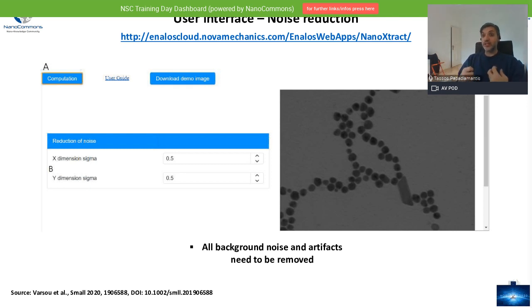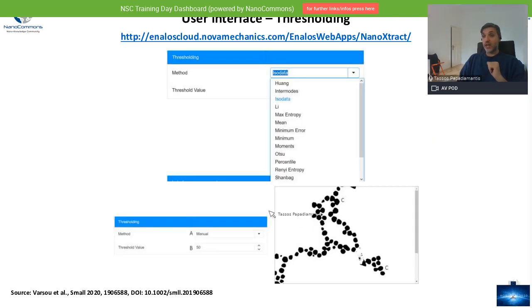analysis. You can see whether you have done a good blurring or you need a better blurring as you move further down the tool, and especially in the next step, which is the thresholding and inversion, in which case you need to have a background that, as you see here, is completely white.